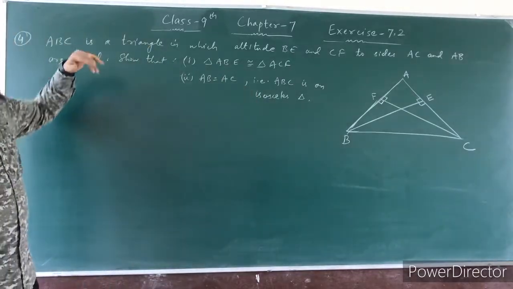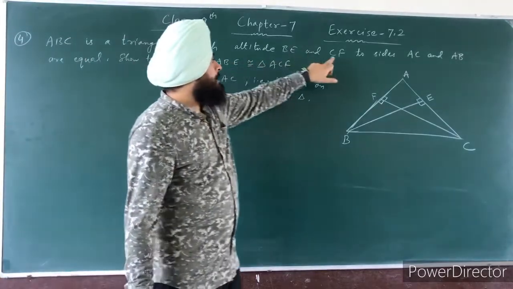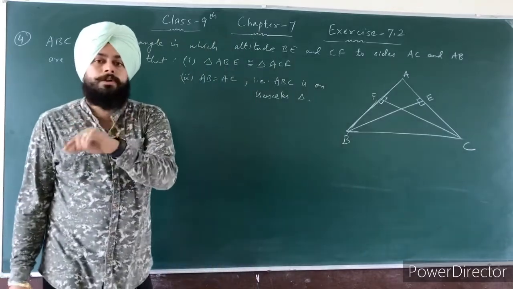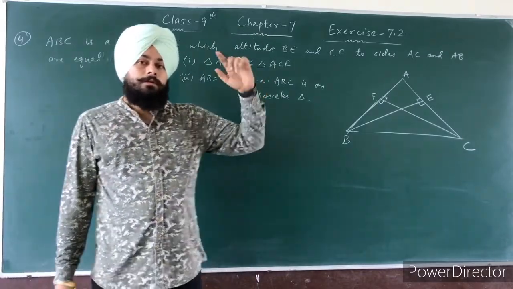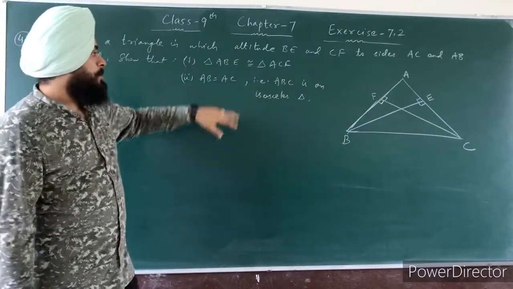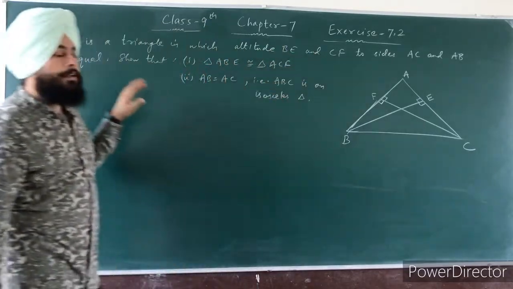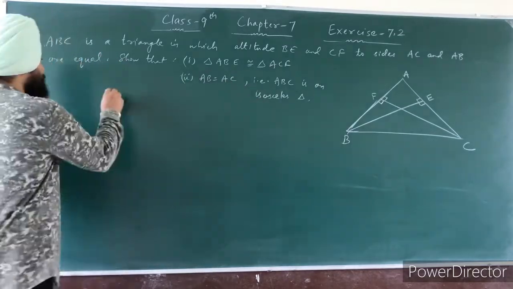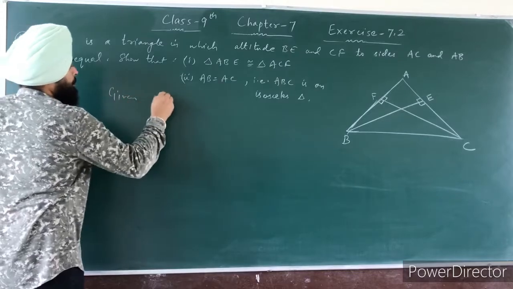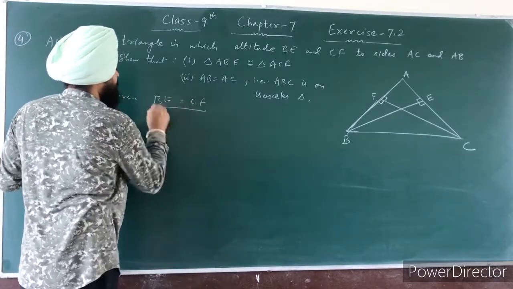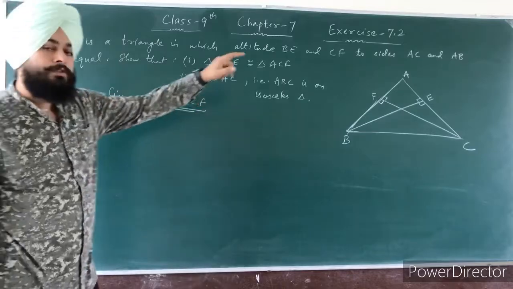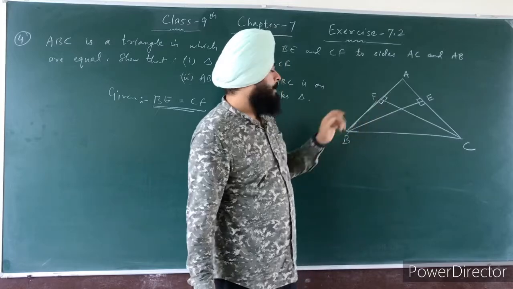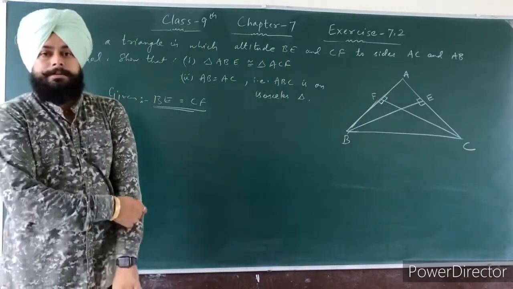In the question number 3rd, this AB equal to AC is given. Okay? And in the third question, given that BE and CF, मतलब जो BE और CF से altitude, उसे उन्होंने equal prove करना सीखा. You have to prove it equal in question number 3rd. But in this question, BE and CF altitudes are given equal. इस question में तो already given है कि equal. ठीक है? So given is here, BE equal to CF. BE and CF are also altitudes. BE is altitude to side AC and CF is altitude to side AB. So altitude is what? Height.